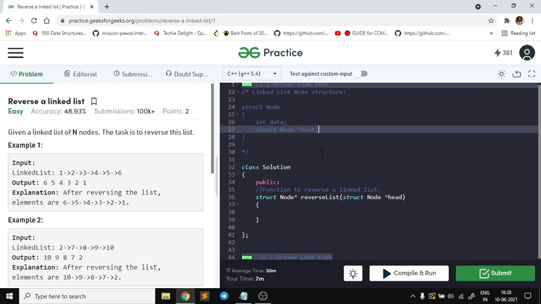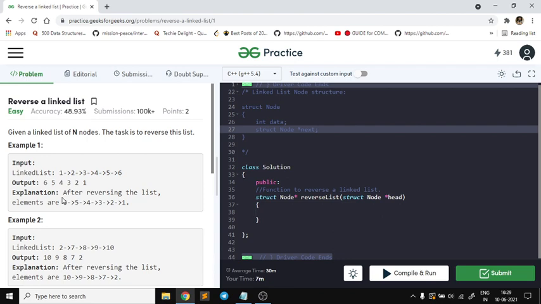So the question is, we are given a linked list of n nodes, that is the size of linked list is n, and our task is to reverse this linked list. So basically, what is a reversal? Reversal means, for example, here in this linked list we are given 1 2 3 4 5 up to 6, right? Now if I reverse this, that means the last one will become the first one, and the first one will become the last one, and similarly the second last will become the second node, right? So as you can see, it is the last, that is sixth node, which is becoming the first one, so there will be complete reversal, right?